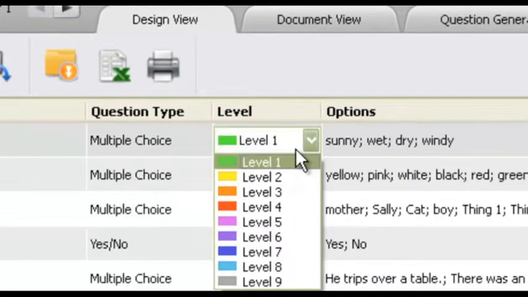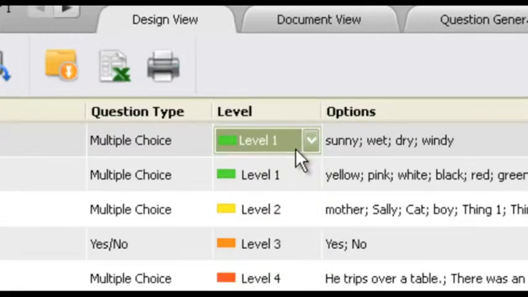Now level is an optional setting that you can choose to do, but you may not need it at all. What it does is you can color code each question. And as you do so, it will rearrange the questions to group them by the same color. So everything that is level 1 will appear first in the quiz order, and everything that is level 5 and 9 will come later in the order. It's totally optional and it's not necessarily needed. It's just demonstrated here to know that it is a feature.